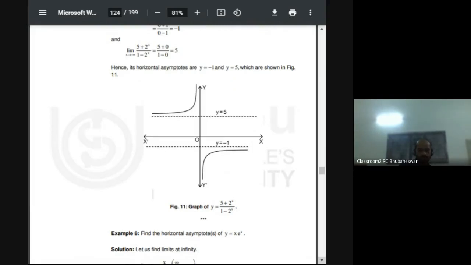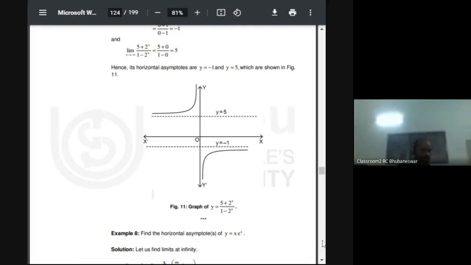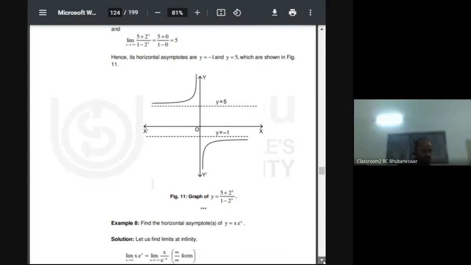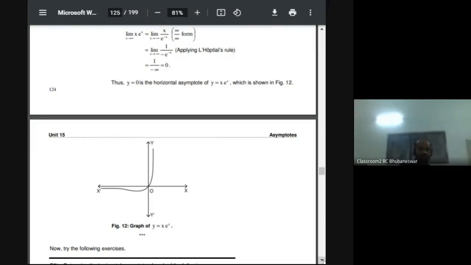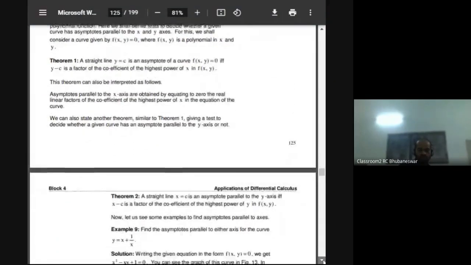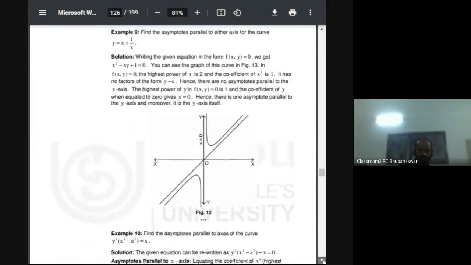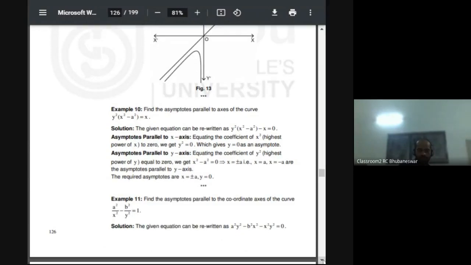First, we have to equate the highest degree term of x. So let us discuss the same on page number 126. Let us move to page number 126, where we discuss the working rule to find